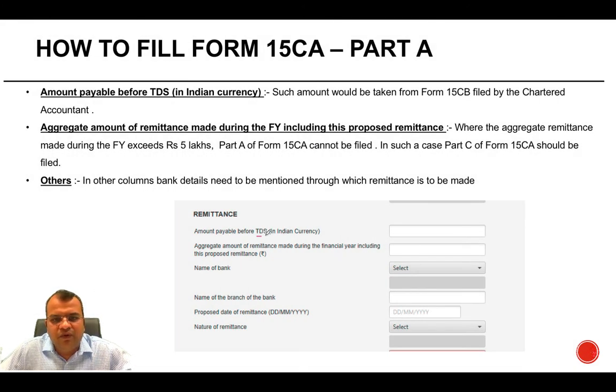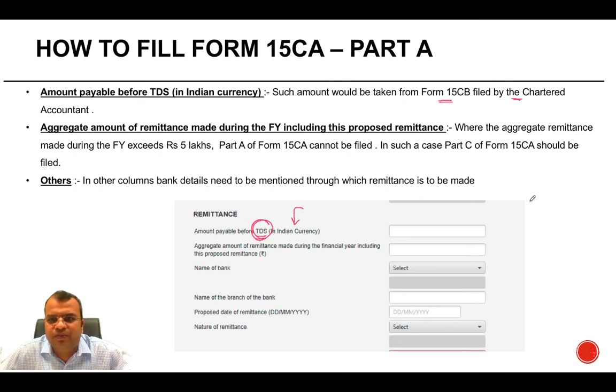Amount payable before TDS in Indian currency. This amount can be taken from Form 15CB filed by the Chartered Accountant. So you need to mention what is the amount of Indian rupees that has to be payable before application of TDS.